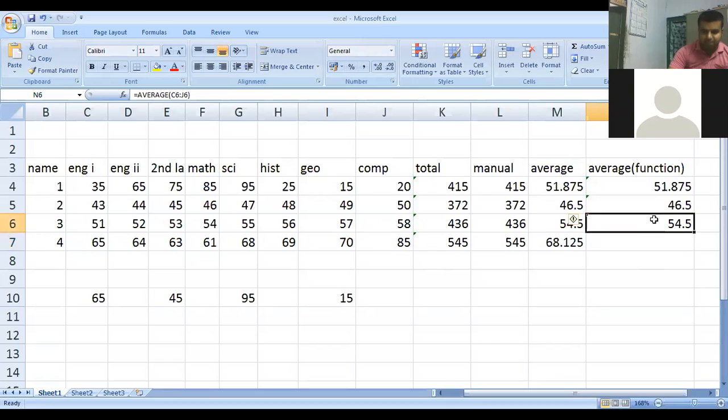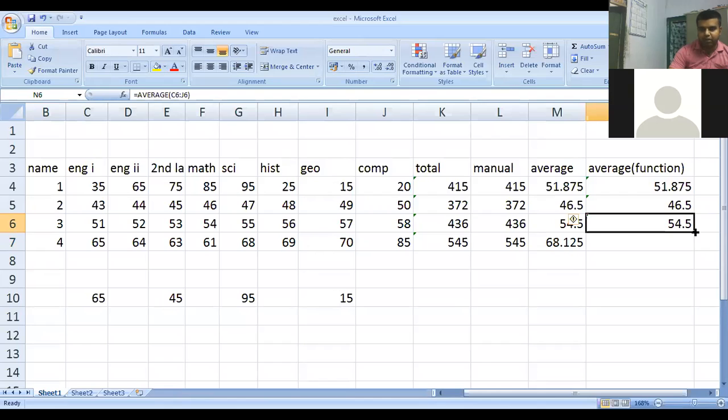Now I can manually write the formula in this part, but I will not do it. I will just copy the formula using the drag down option. I will select the answer of the previous cell. When I take the mouse cursor towards the right hand corner of the selected cell, your cursor symbol changes into a thin plus sign.